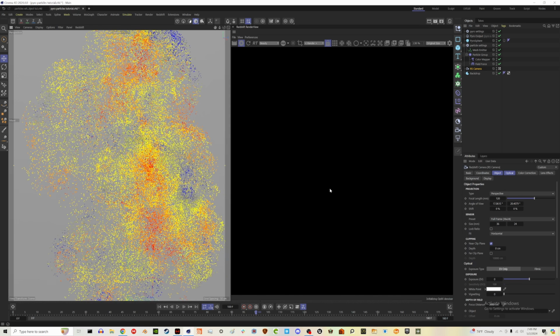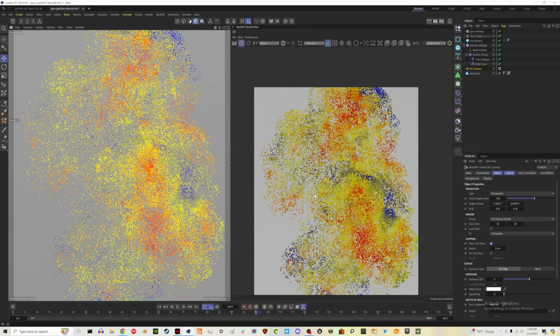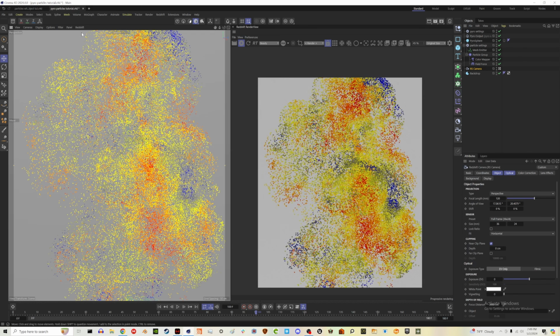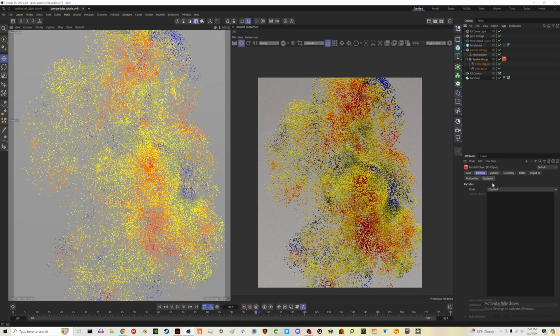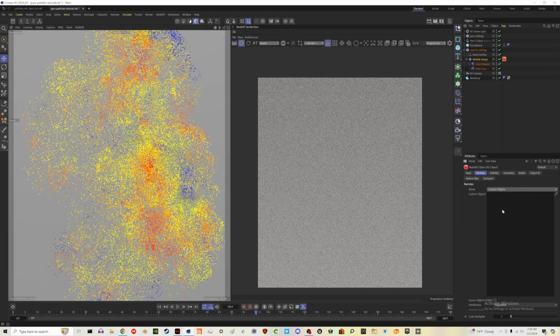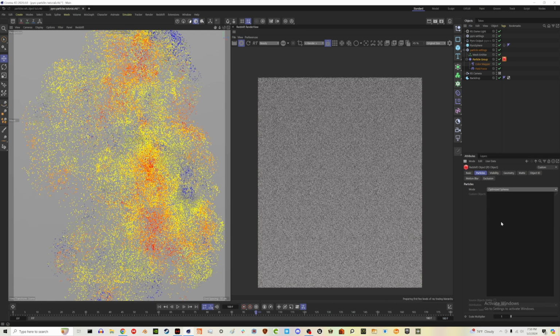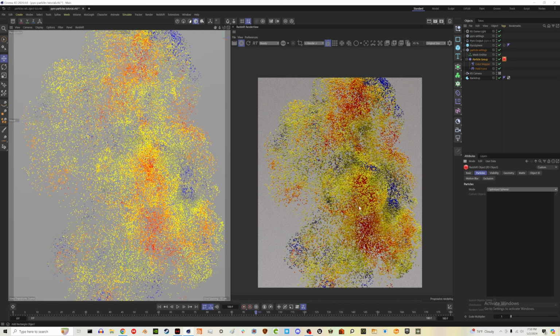So if we hit play on our render view, here's what we're dealing with, and I still need to add the dome light because this was our default scene. Let's add our Redshift object tag here. Change this to custom or optimize spheres. Let's say you're like, these are not enough particles. If that's the case, we're gonna need to clear the cache again, unfortunately, but you'll just change the count here